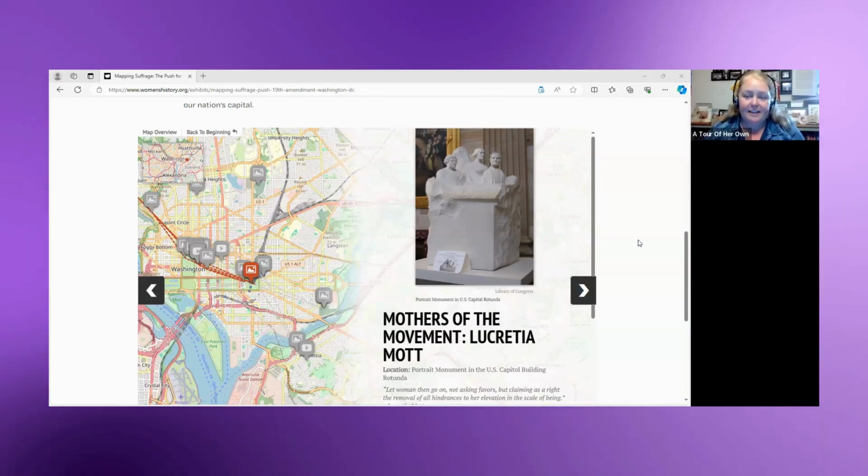Absolutely. It's one of those things that anytime I see on a Capitol tour today, I get just really excited and I feel this sense of pride, because for so long it had been shifted out of sight and purposefully kept away. It took a lot of women, a lot of advocacy to get this in its rightful place. This is really an acknowledgement of these three women: Lucretia Mott, Elizabeth Cady Stanton, and of course, Susan B. Anthony. Susan B. Anthony is not at the Seneca Falls Convention, but she will become one of those driving forces